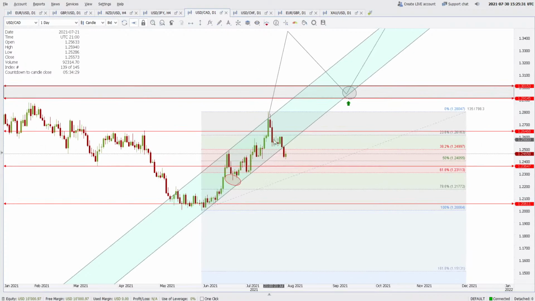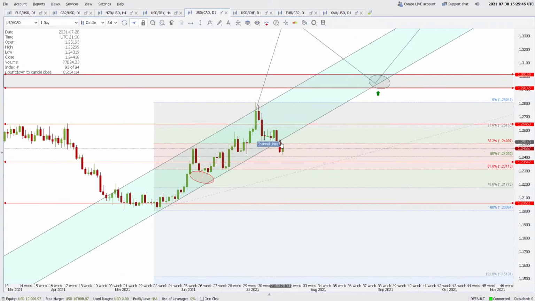Okay, talking about the loonie here, loonie has broken down from the channel that we were talking about. We were expecting this channel to hold, but it did not. In fact, the pair has broken with something like a Marubozu. A Marubozu is a line with small wicks or no wicks on the top and bottom, but it has come back to this low and this region of 50% of the previous rise. So maybe 1.2405, which is the 50% of the previous move here, from all the way down from 1.200 to